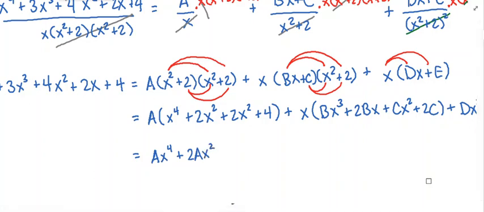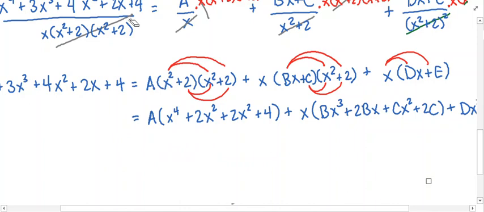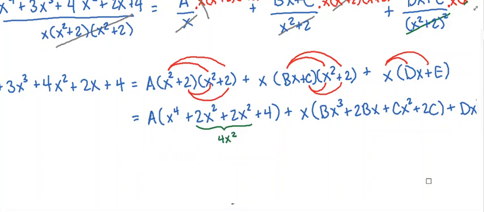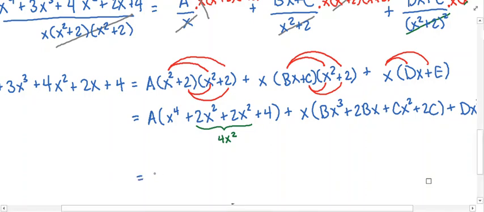Actually, let me back up. Okay, let me combine these like terms. The 2x squared plus 2x squared will be 4x squared. Okay, and then I'll go ahead and send the a through. So this is going to be ax to the 4th plus 4a times x squared plus 4a, and then